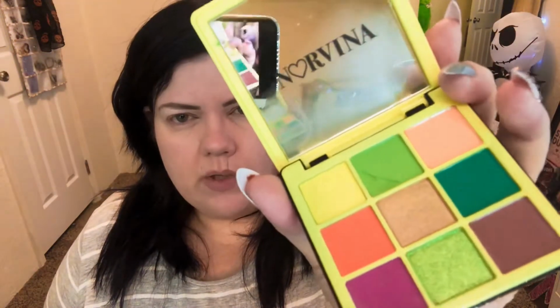Now today I'm gonna do some work with some black liner, so that's kind of scary, but we're gonna do it nonetheless. So I got my base on my eyebrows, Primer Potion by Urban Decay on my eyes, and I'm going to use the ABH Norvina, the little one. I got this for $14.50, and I just got it from wherever I ordered it from, Sephora, and it was broken. But I don't think that's bad enough for me to send it back,